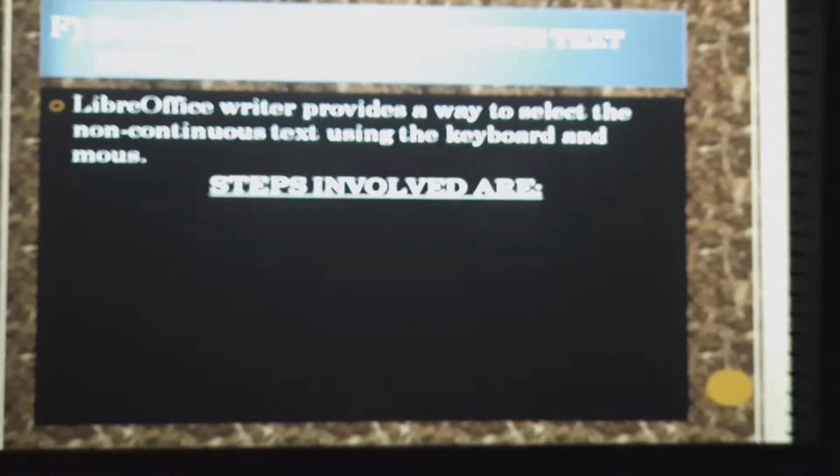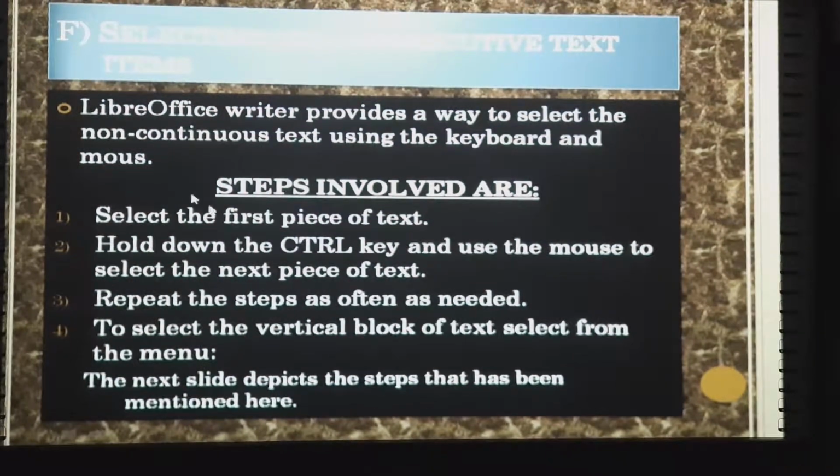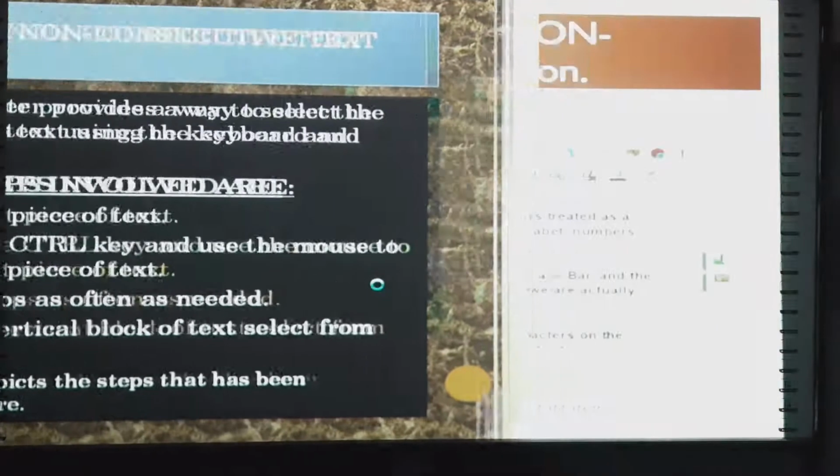So what are the steps involved? Let us see. First of all, we need to select a piece of text, any text. After that, hold down the Control key and use the mouse to select the next piece of text.